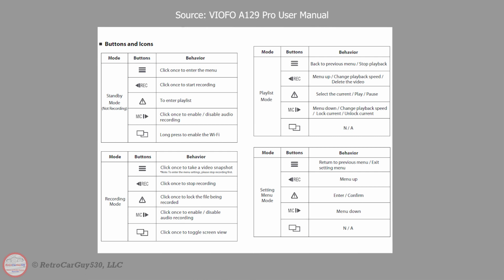You want to press the record button to stop it from recording before some of the other modes are accessible, such as the menu mode, which is not accessible unless you take it out of recording mode and put it into standby mode, which is defined in the upper left-hand portion of that screen. So check out this page to make sure you're familiar with the various functions of those buttons and the various